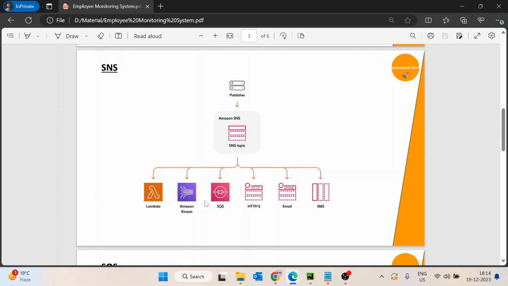I will create subscribers as per my requirement. For this withdrawal notification, I want to send an email and an SMS, so I will go to the console and create two subscribers. The first one is responsible for sending SMS, and the second one for sending email.